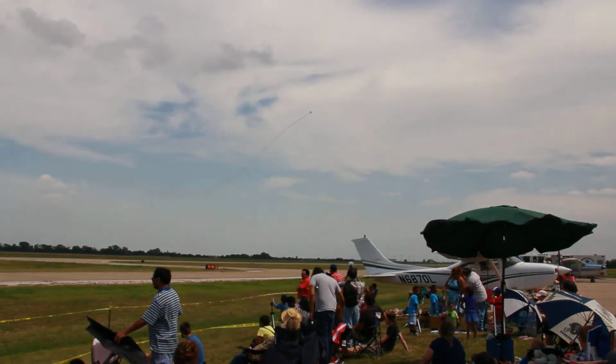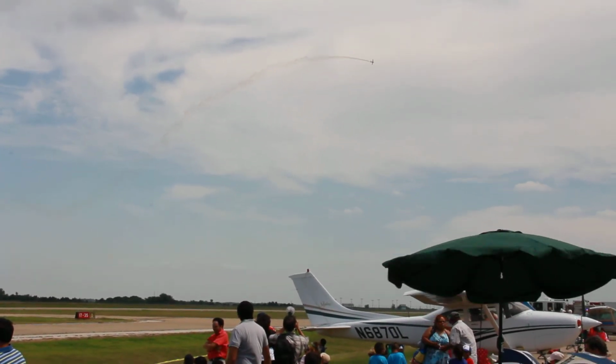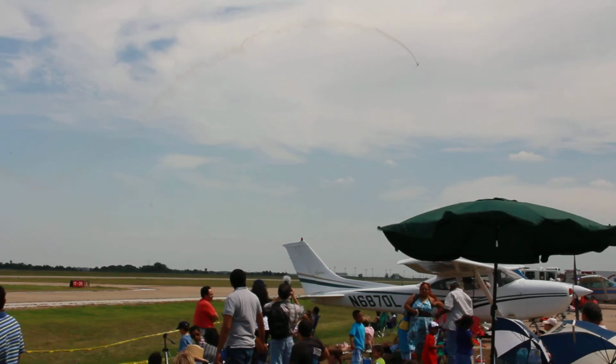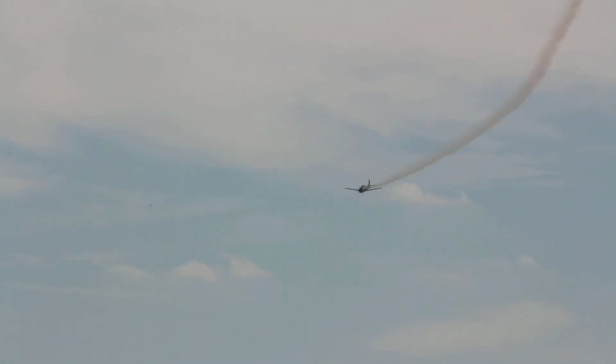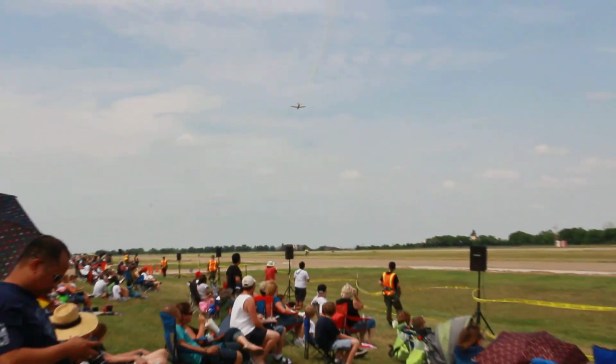Next maneuver Chip's going to do is a slow roll. Slow roll is a tough competition maneuver. Coordinated rudder movement using all the controls, from your right to your left in a slow roll. As Chip completes a slow roll and departs to your